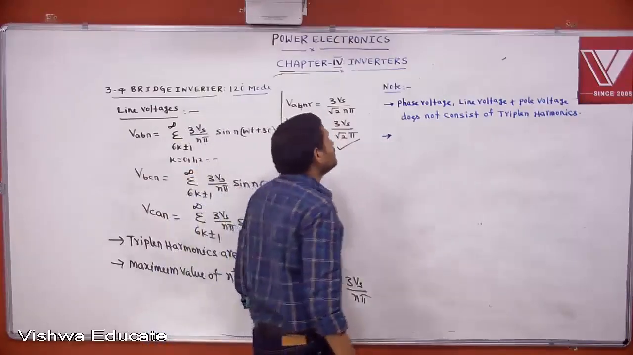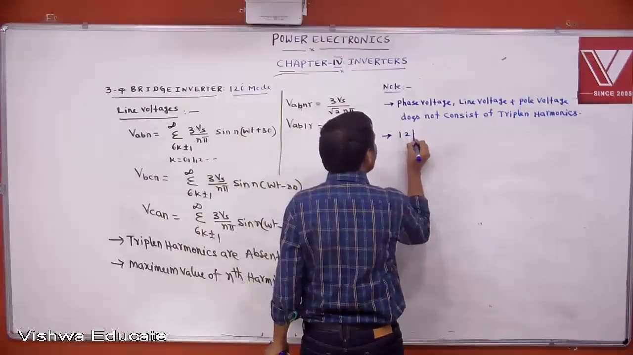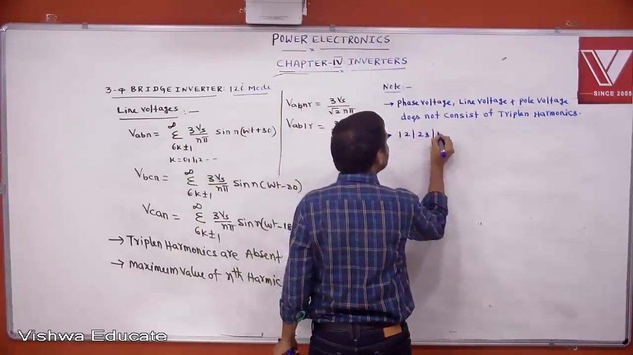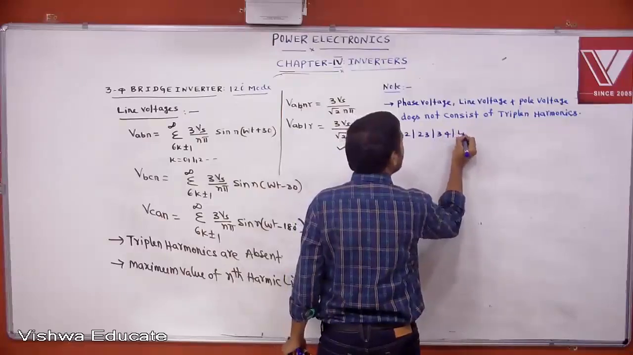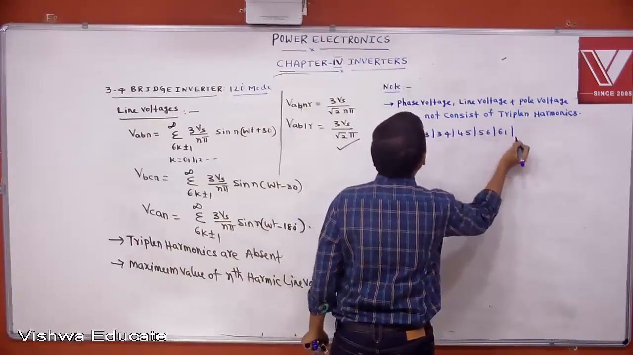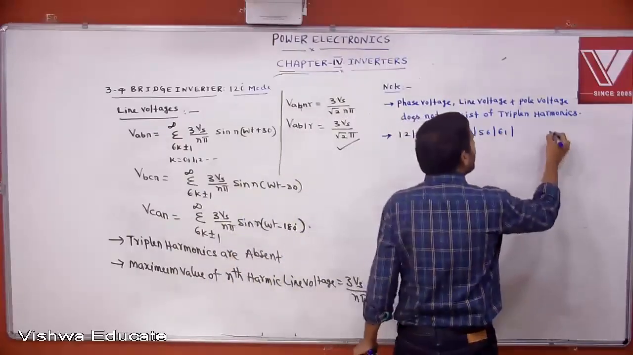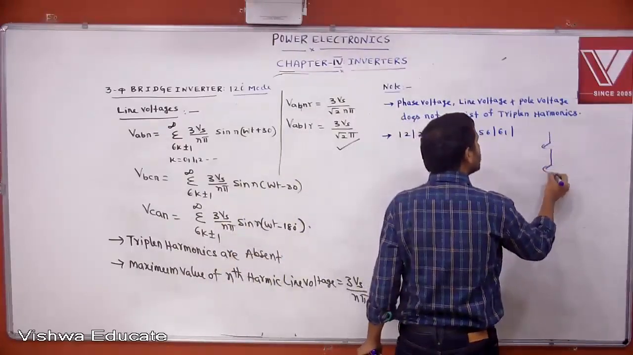Now tell me. In 120-degree mode, what is the sequence of conduction of devices? 1, 2, 2, 3, 3, 4, 4, 5, 5, 6, 6, 1. Like this, it is conducting. We know this. If you draw the three-phase bridge inverter circuit,